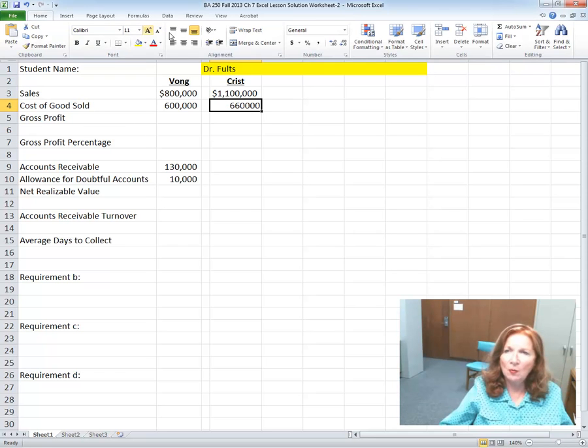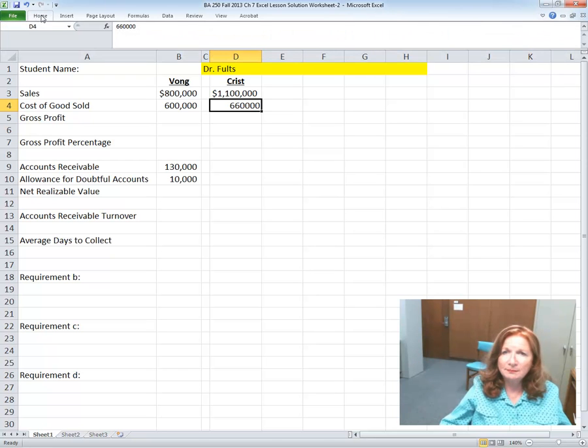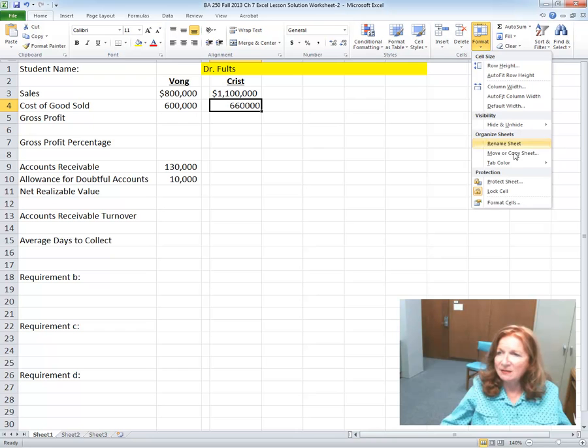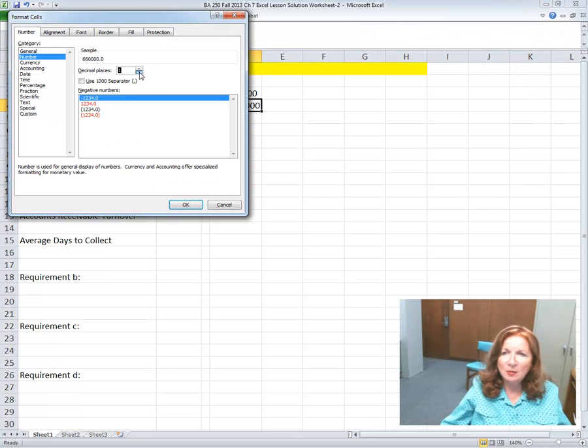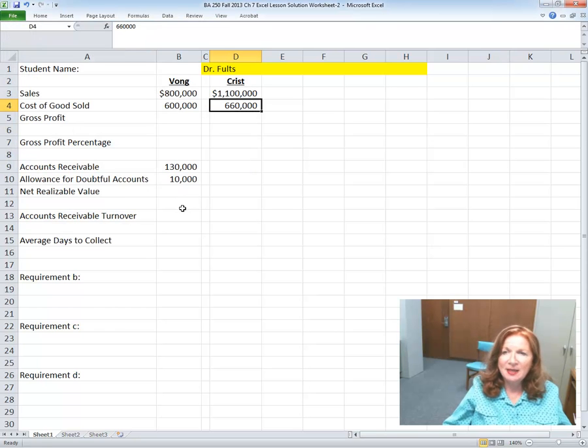Now, under home, here in numbers, there's some items you can work with, the dollar sign and the commas, and if you like doing it that way, you're welcome to do it that way. It'll look the same when we're finished. Home, format cells, and then I want it to be a number. I want no decimal places. I want it to use the 1,000 separator with the comma, and I want negative numbers in black parentheses. So I have that in there, and then